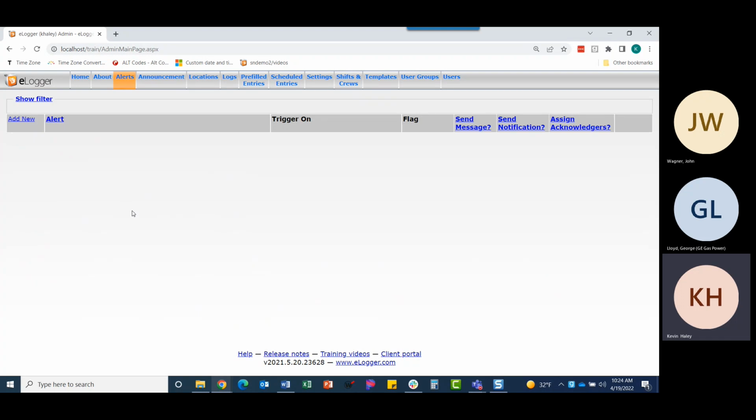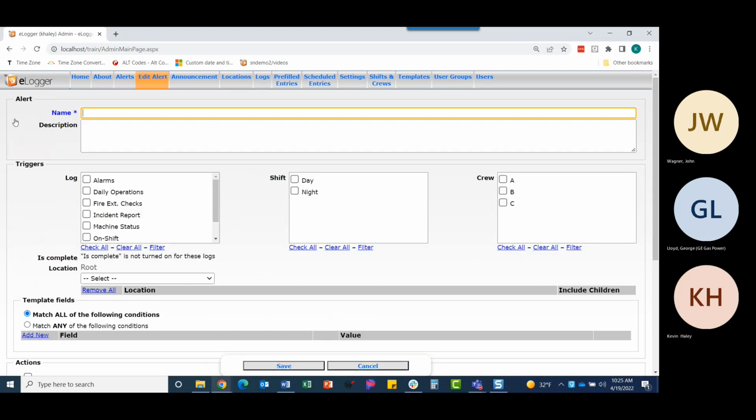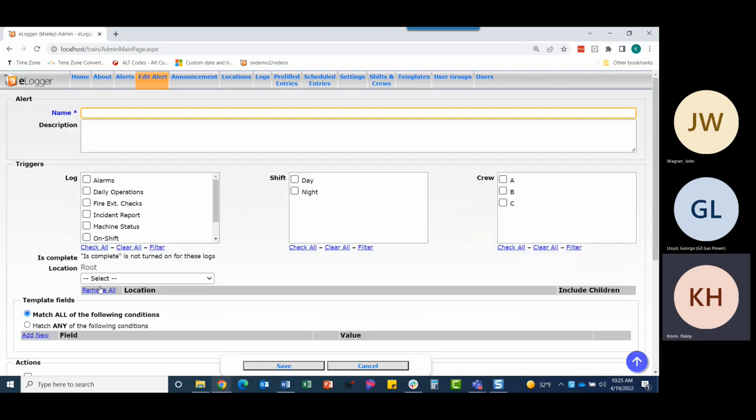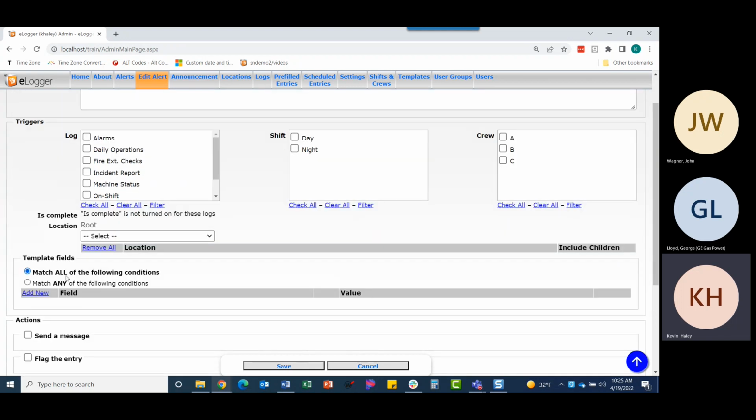So each alert, if I click on add new, each alert has 3 pieces: the alert name, the triggers, and then the actions. So in these actions, we are going to create all 4 types of alerts. The triggers are what you want to trigger that alert. You can trigger it by log, by shift, by crew. You can trigger it by a log's completion status if that log is using the completed on function. You can trigger by a specific location, and what's even more